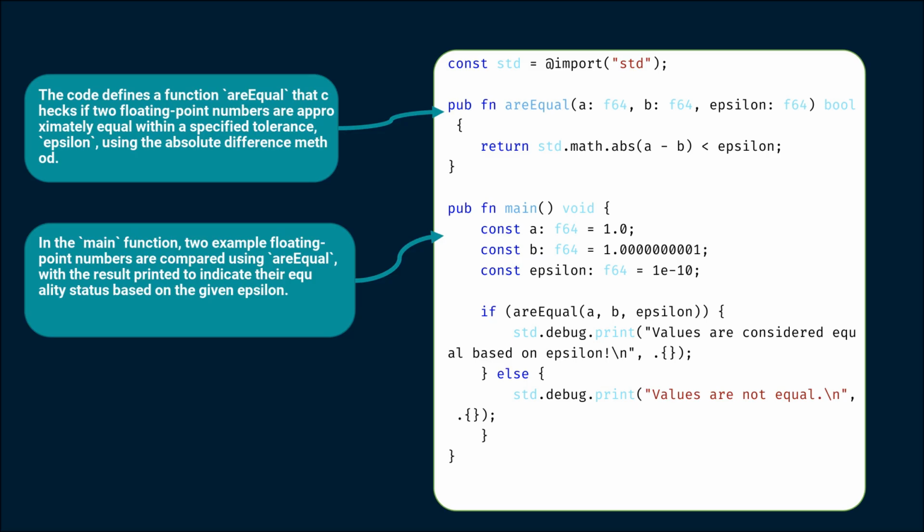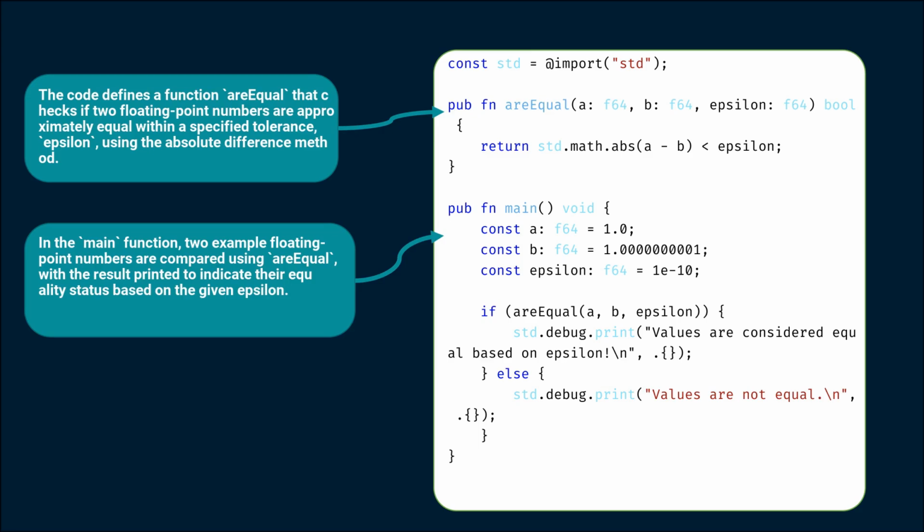Next, we implement the main function, where we define two floating point numbers, a and b, that are very close in value along with a defined epsilon. By utilizing the approxEqual function, we can effectively compare these two values. Depending on the outcome of this comparison, the program will either print a message indicating that the values are considered equal, or it will state that they are not equal. This comparison approach is essential for developers to ensure that their floating point operations remain reliable, even when dealing with